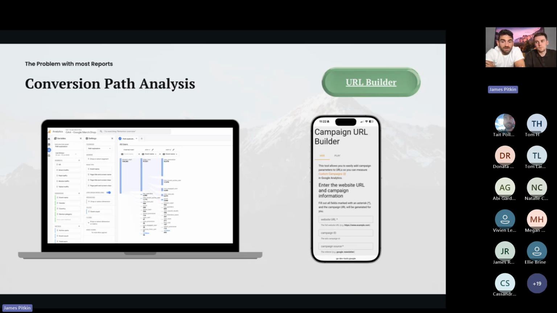You want to put in the campaign ID and the website URL, and we're providing a link to it here. This is a Google tool, and when you use this tool properly across all of your marketing, whether it's in your emails, your meta ads, your Google ads, as long as you're correctly building out your URLs and not just sending people straight to the page,